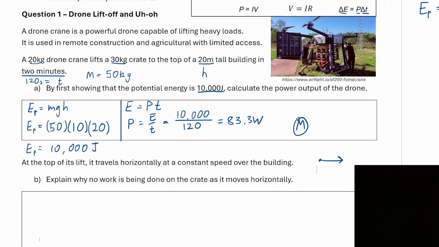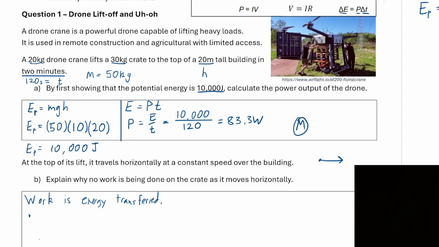But let's actually consider the other definition of work. You may have come across this. Work is energy transferred. So what that means is if you, for example, start pushing something and you give it kinetic energy, you have done work on that thing. If you lift something up, you have given it potential energy, so you have done work on that thing. In this case, the crate